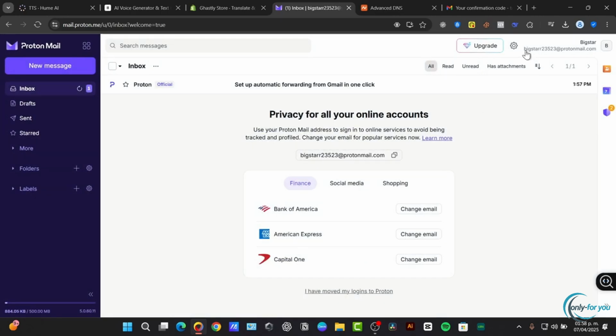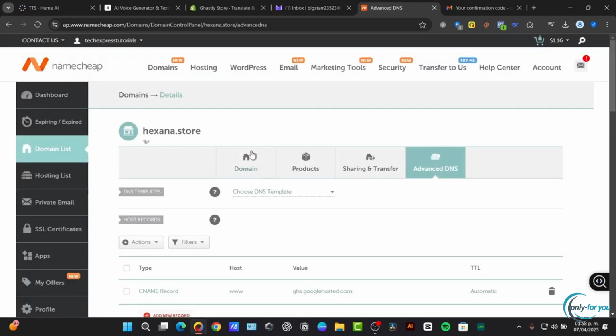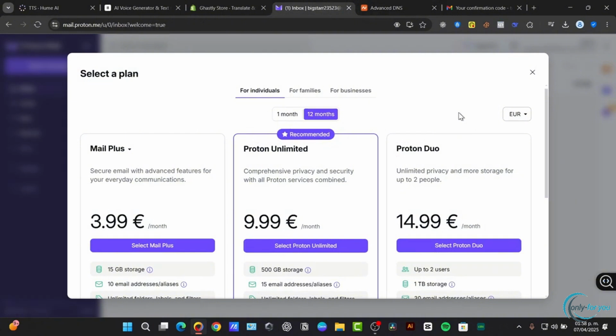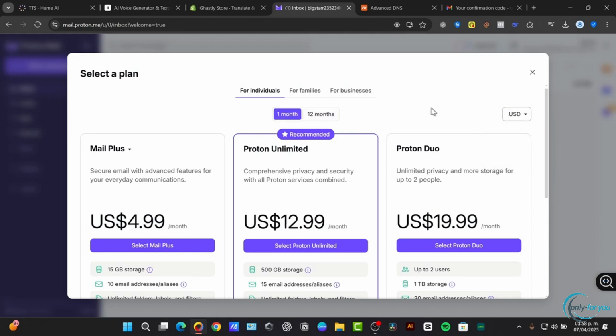Now, here on my upper side, I have the big star at ProtonMail.com. My goal is to have the big star at Xana.store. So for this, I'm going to hit upgrade. Now when I hit upgrade, I choose this for individuals, and I choose USD,